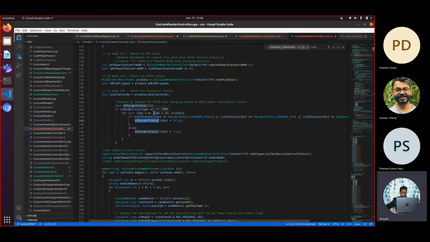Whether it is physically on or off is not the concern of software. As per software, if the data is not coming from chargers, it means the charger is not live to send the message. Hence we are determining it as an RCCB failure, and that is written in the requirement document.